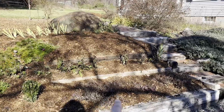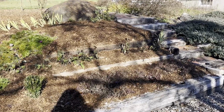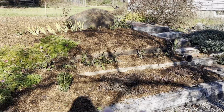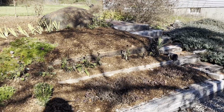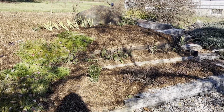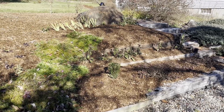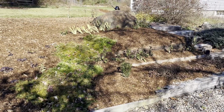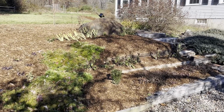And I do need to cut back also the sedum that is in here. This is firecracker sedum. It is a low growing sedum, but it provides this beautiful purple color, and from spring all throughout the summer all the way to the end of the fall until we get a hard frost. And also I have here this boxwood that is going to be shaped into a ball shape. And I planted this boxwood this season, so it's going to take its sweet time in growing and shaping it. Hopefully next season it'll put on a lot more growth and I'll be able to shape it a little better